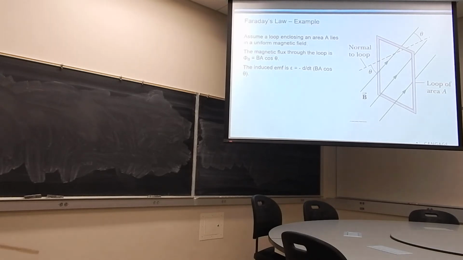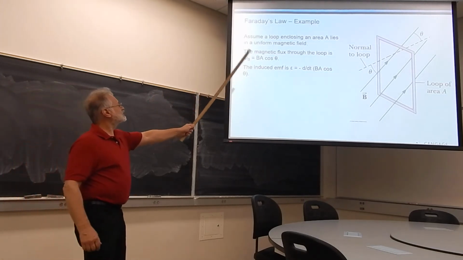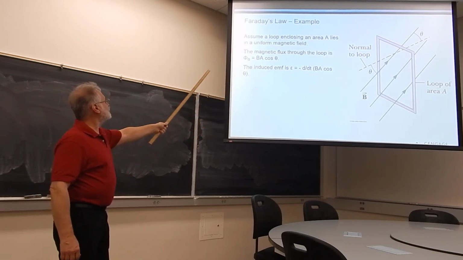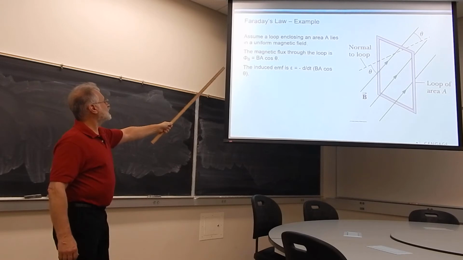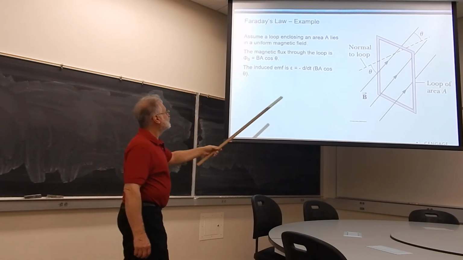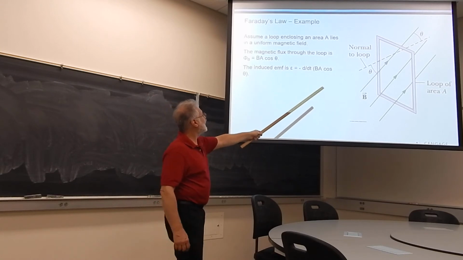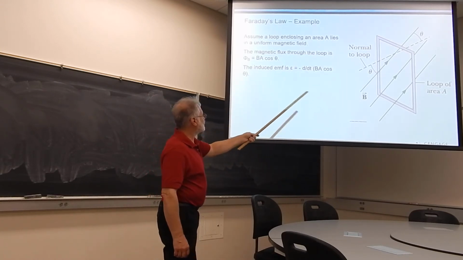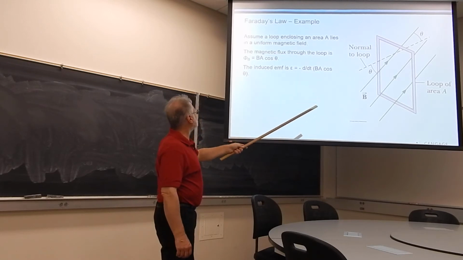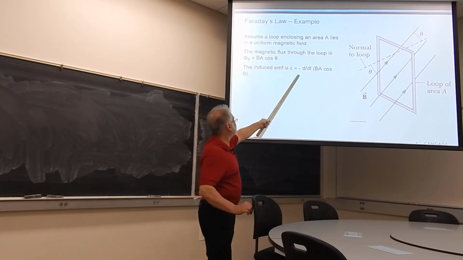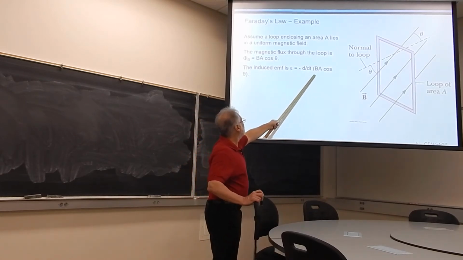So suppose I have a loop that encloses some area A. The magnetic flux through the loop is B times A times the cosine of the angle, if the field happens to be a constant, that is. B times A times the cosine of the angle between the magnetic field and, of course, the area vector, which is always perpendicular to the loop. So I can write the induced EMF is the negative time derivative of B times A